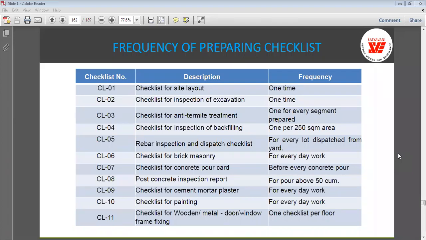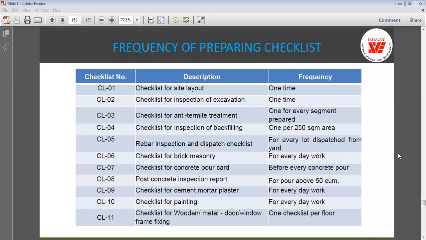Checklist for the concrete pour card: before every concrete pour we have to prepare and check our checklist. Then the post concrete inspection report for every 50 meter cube of concrete that you pour. But here we have to be very specific: for the fresh concrete you have prepared, for every 5 meter cube also you can go for the test, because that is mandatory and depends on your site conditions also.